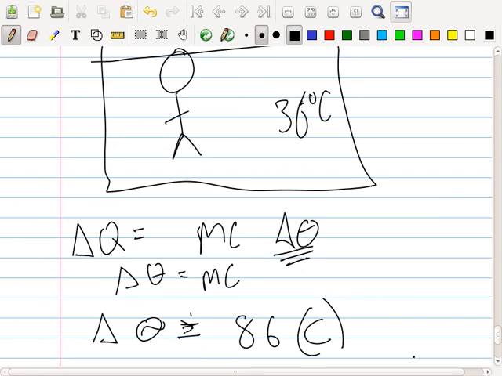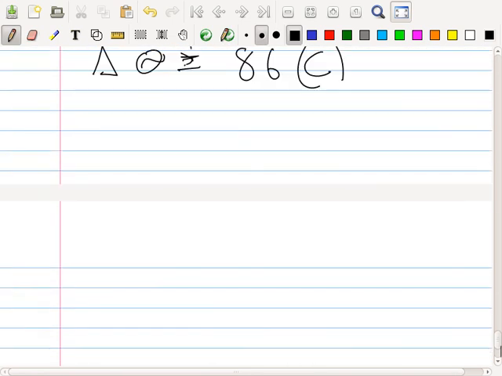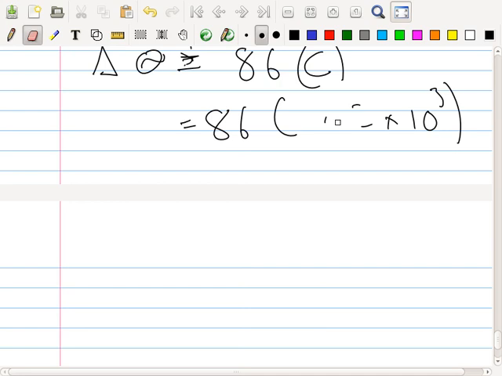Now, the specific heat capacity of water is 4.2 times 10 to the 3. But this is for water. And Jingdong is not just made out of water, he also has some bones and hair and other things. Do you think bone has higher or lower specific heat capacity? Higher. So let's make Jingdong's 5. We all make it 5, okay? Can you calculate this, please, Jingdong?